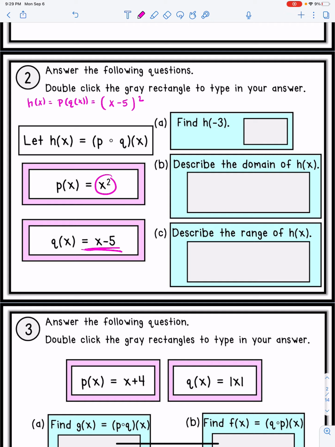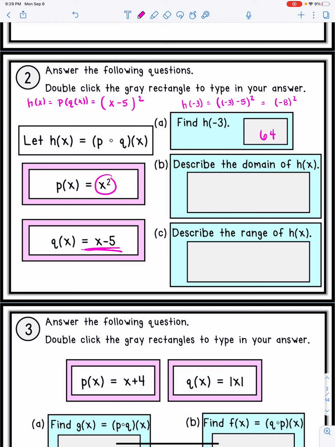So this is h of x. So if I want h of negative 3, I have negative 3 minus 5 squared. Negative 3 minus 5 is negative 8. Negative 8 squared is 64. Okay? Now the domain. In order to describe the domain of h, what I would do if I were you,